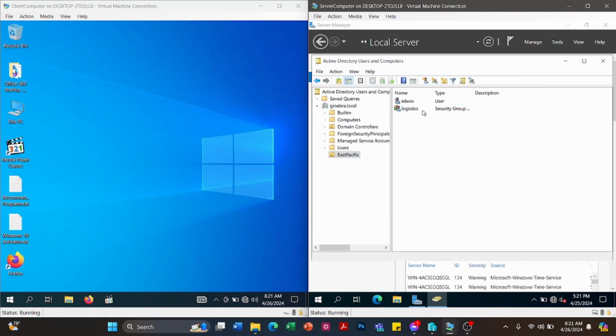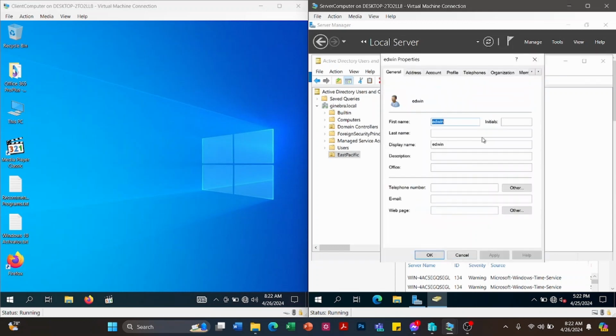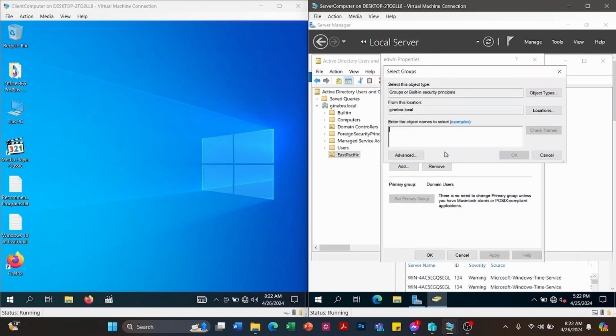So we have created a security group, logistics, and a client user, admin. Next, we're going to make Edwin a member of the logistics group. Right click Edwin, then Properties, then open the Member Of tab. Here we add logistics, so that user Edwin will be a member of the logistics security group.